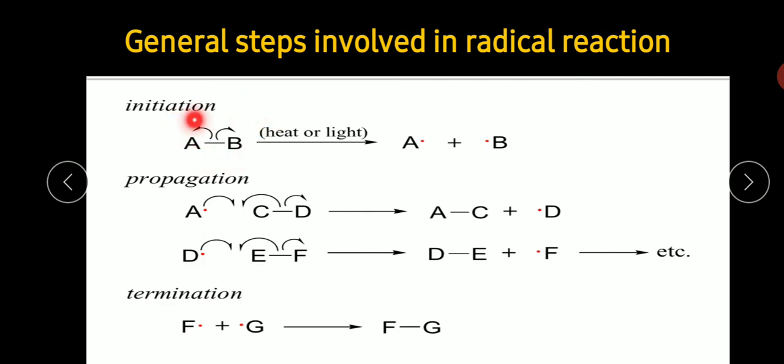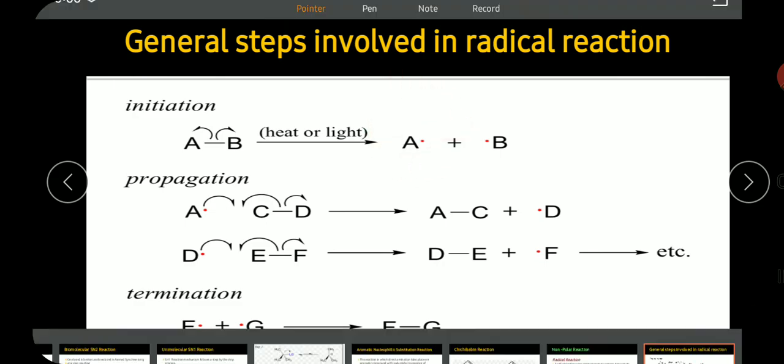See the reactant. In the reactant, one covalent bond is present, and this covalent bond is cleaved homolytically in the presence of heat or light. It gives two radicals, A radical plus B radical. Then the second step is the propagation step. In this step, the A radical reacts with